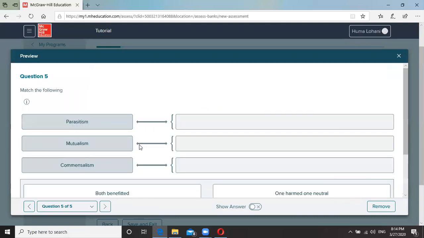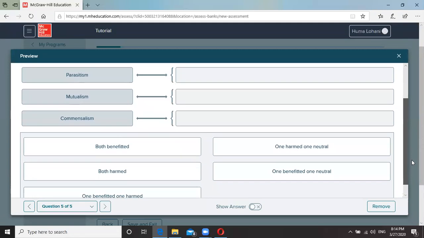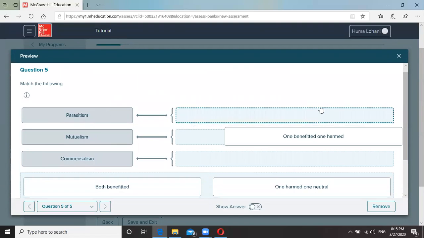Okay, this is how it is going to appear on the student screen. Your student will have to drag and drop the options. Now I told you before that bucketing and matching are very similar. The difference is, in matching, when we take an option from here, let's say for parasitism, it is one benefited and one harmed. When I put this one option here,